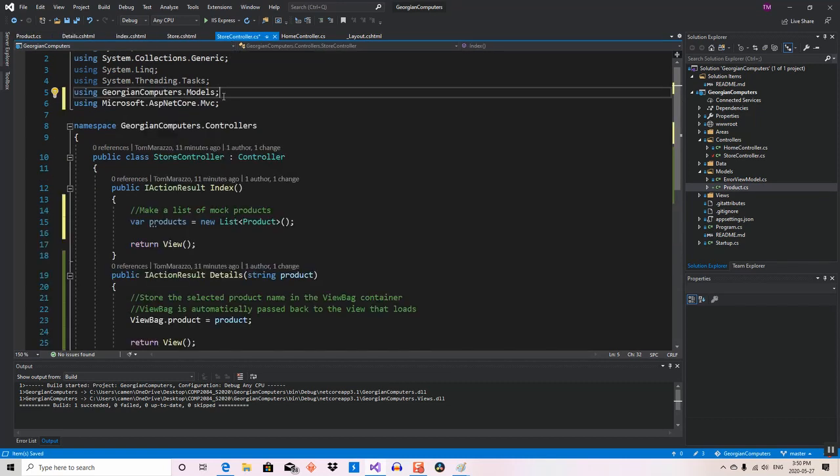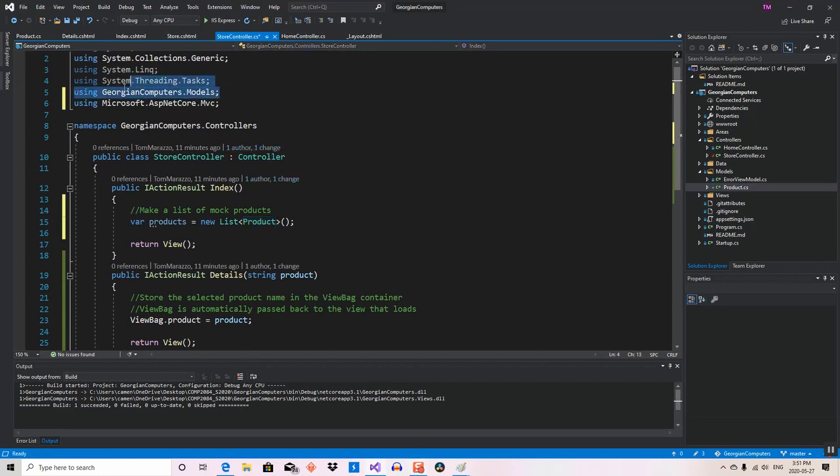So in my store controller, Georgian Computers.Models has to be there. If it's not, you might get a red line under here, and it'll probably do a drop down as to potential fixes. That's just in case you don't have it, but in 19 it seemed to have taken care of that problem for me